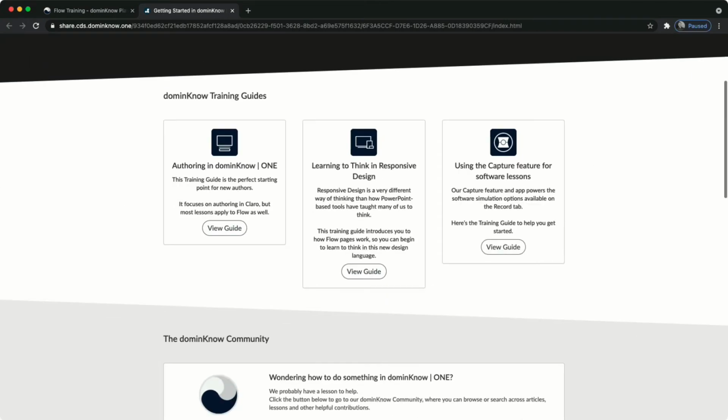And the last training guide deals with our tool called Capture. It's the only piece of the tool that you have to download onto your desktop. And it's a very, very small, fast download. And that gives you the ability to create software simulations, screen captures with audio or without,